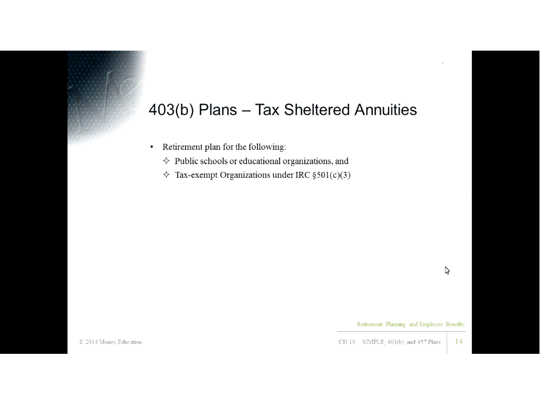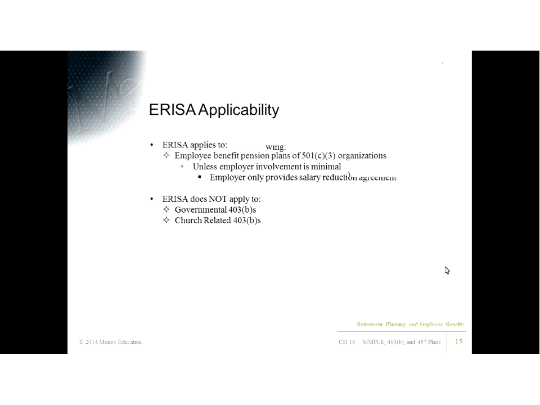Getting into 403(b) plans. Typically, 403(b) plans will be for public schools or educational institutions. There can be some other government entities as well. As a William Paterson employee, I can participate in a 403(b) plan if I choose to do so. But typically, you'll see it in public high schools and elementary schools. Tax-exempt 501(c)(3) organizations can have it as well, so you'll often see tax-exempt hospitals with 403(b) plans. Again, the 403(b) is the fraternal twin of the 401k.